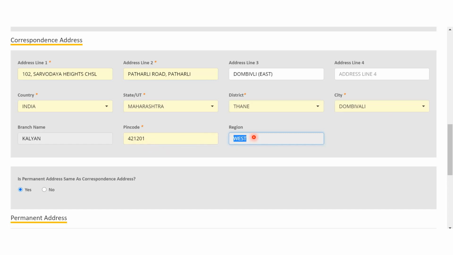Then the pin code and then the region, this is going to be automatically allotted to you by the institute. Depending upon which state you have selected, the region is allotted by the institute. You are not going to select this particular region. So all of us who are from Mumbai, Goa or Gujarat are going to be considered in the western region of the CA Institute. So this region field is not filled up by us.